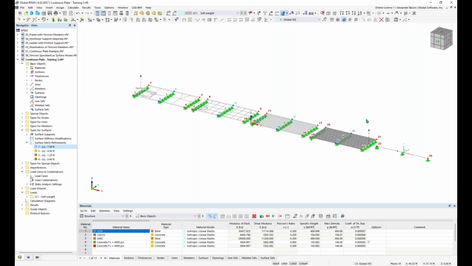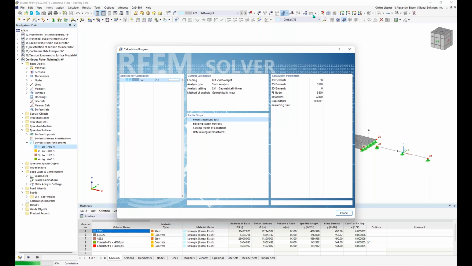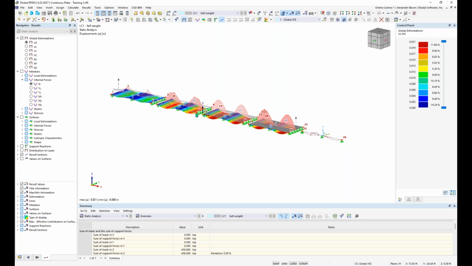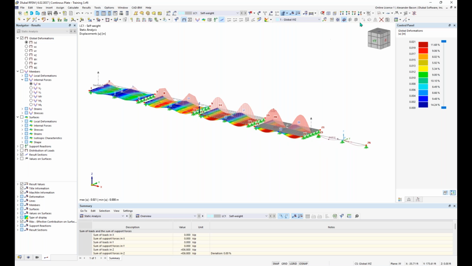So now let's calculate the results. So all I need to do is go up here to calculate all results, this button here, which looks like a little abacus, and then all of the results will be run. And you can see right now our fourth tab here in the results has been added. And we are now looking at the